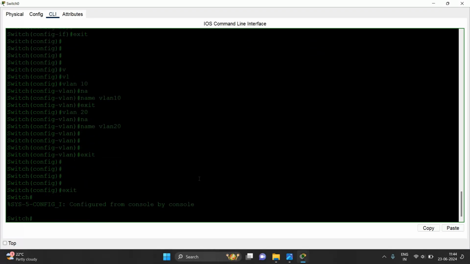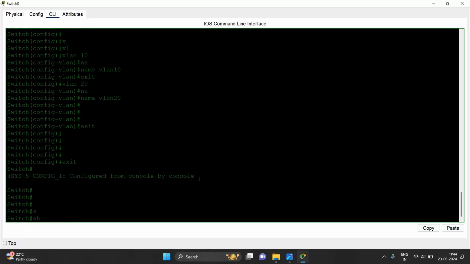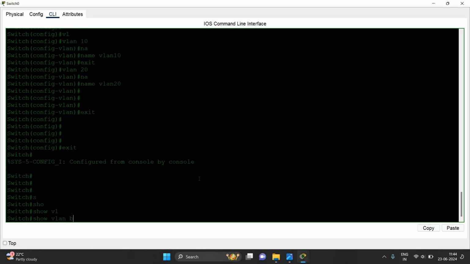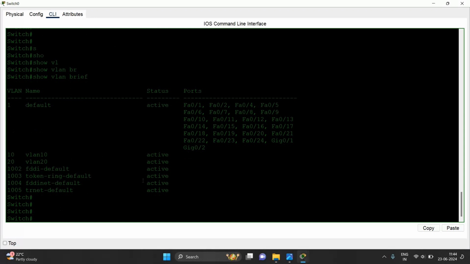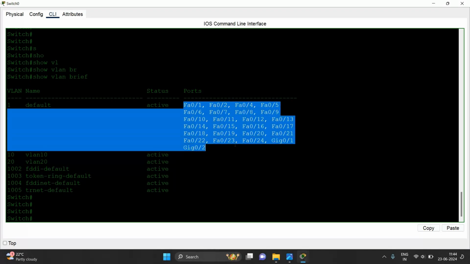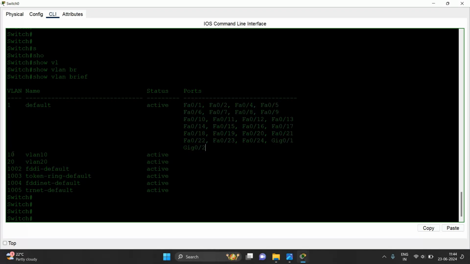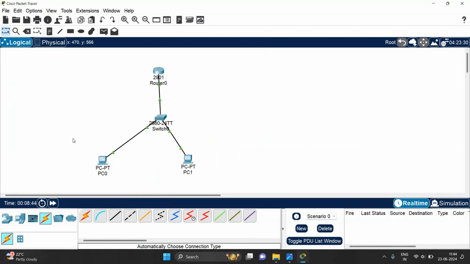You can check the VLAN database by using the command show vlan brief. You can see that VLAN 10 and 20 are created, and all the interfaces are residing in the default VLAN, and we should be assigning the interfaces to VLAN 10 and 20 to get the PCs up and working. But before that,